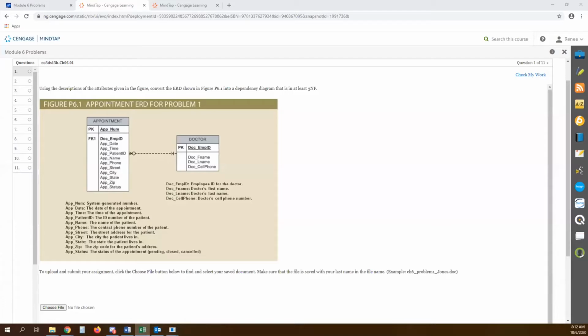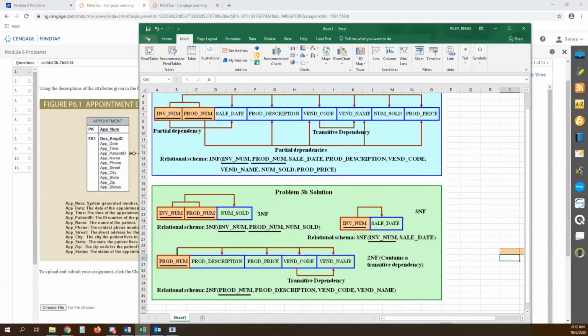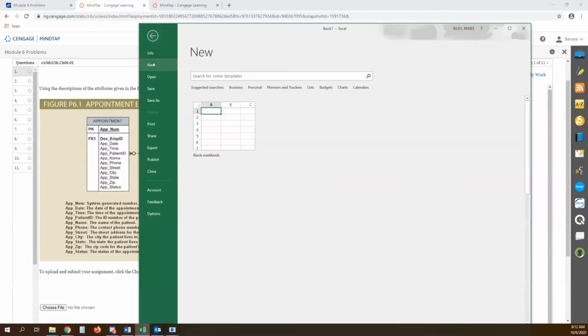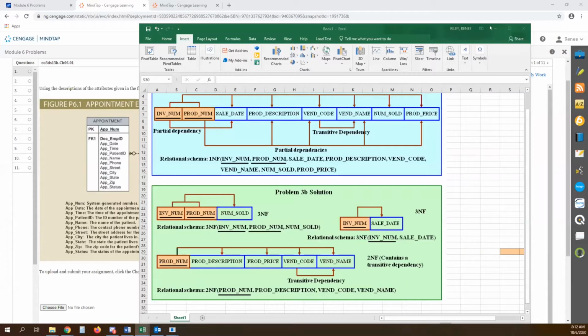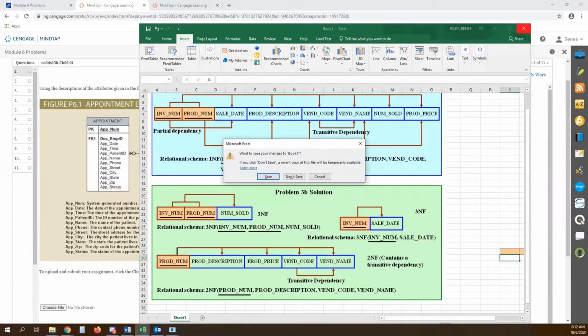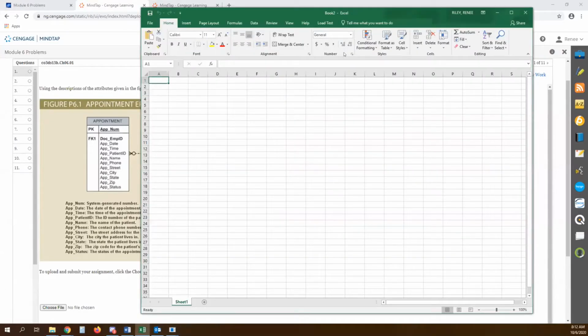So in Excel, if I want to create a new spreadsheet for this one, we're going to have all of these data points. And so we know just from looking at